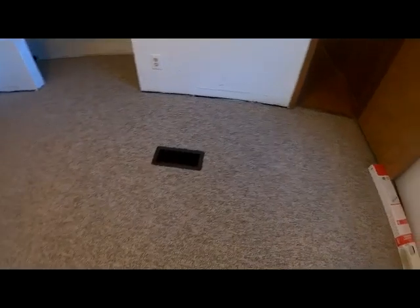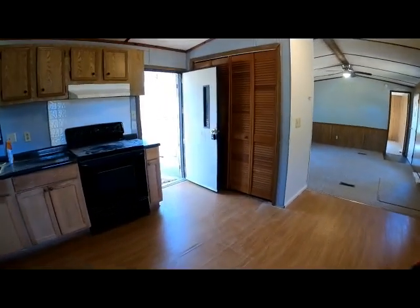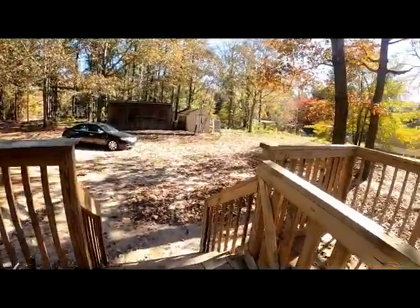So this lot is pretty shaded, and right now it's fall time, as you saw when the video started. Lots and lots of leaves around here. But that doesn't mean that you can't get a trash can and do a bonfire, right? Cook some weenies. But anyways, this is what it looks like,